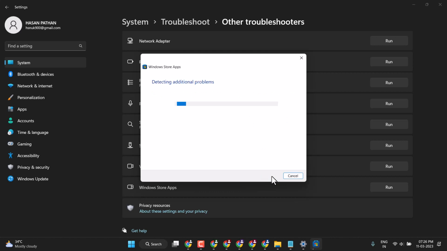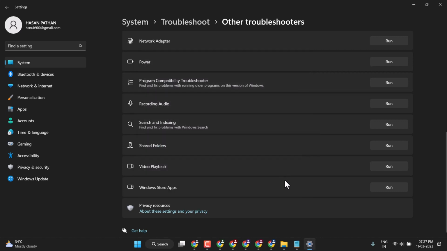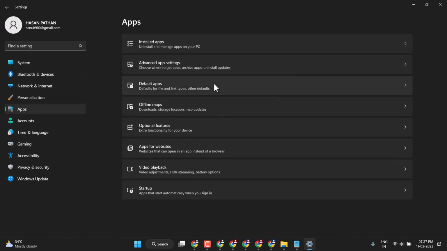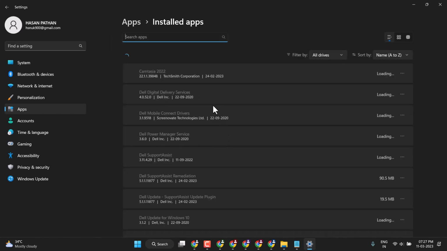Now click on next. Now close it and click on apps. In this list, click on installed apps and search